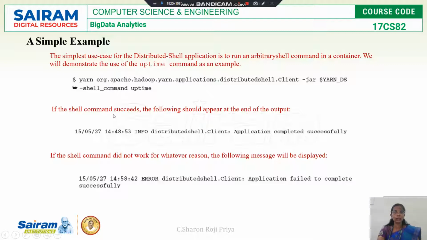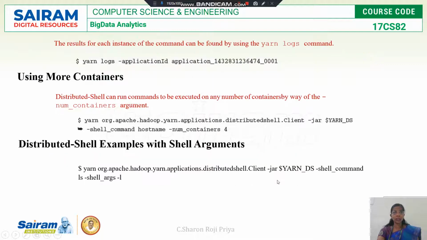If the command succeeds, I'll get the application completed successfully message. If not, I'll get a failure message. And if you want to check the output of your command, you have to go to your log file and check it. In my distributed shell, I can use any number of containers, so the number of containers should be specified using the -num_containers option.